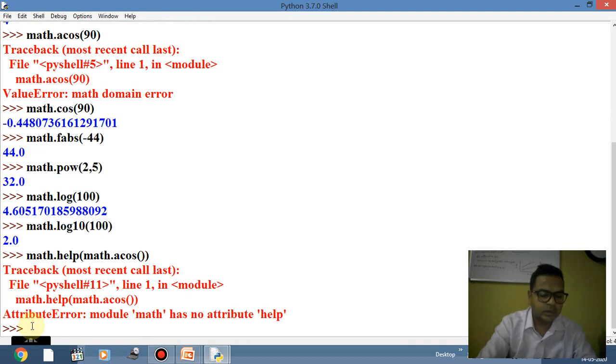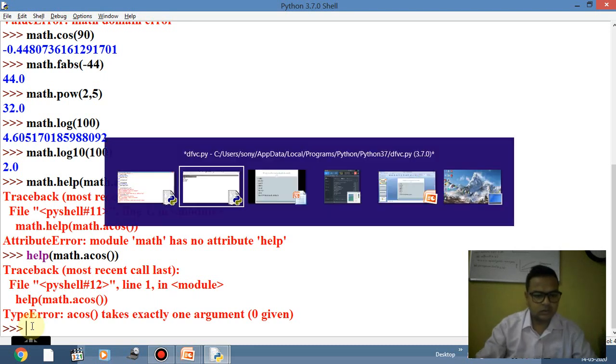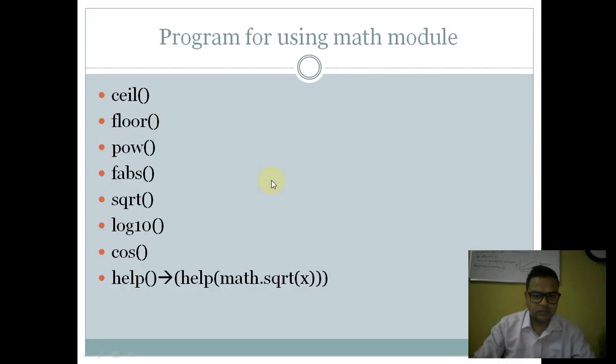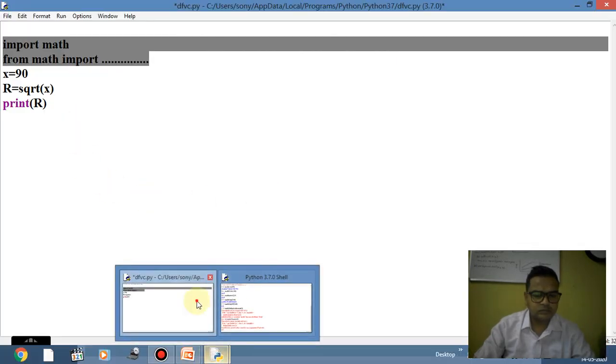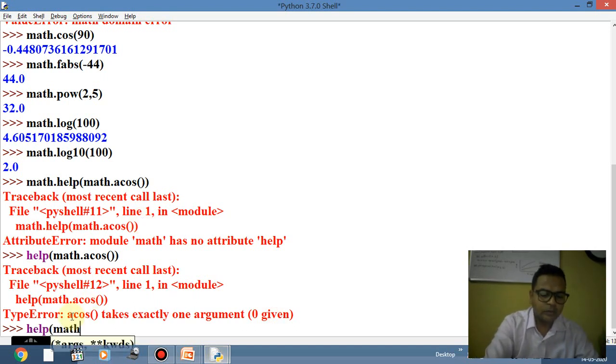Attribute error. Okay, there is some bracket mistake I'm making right now. My function name is help. So in this help function I want to know math dot acos.